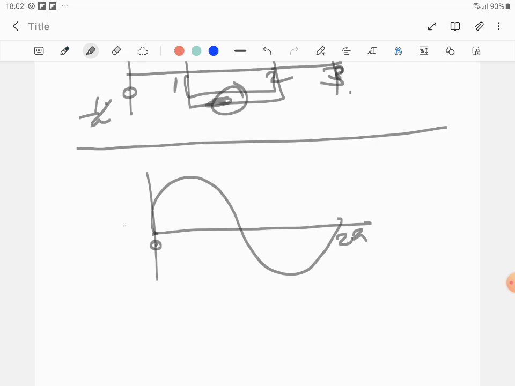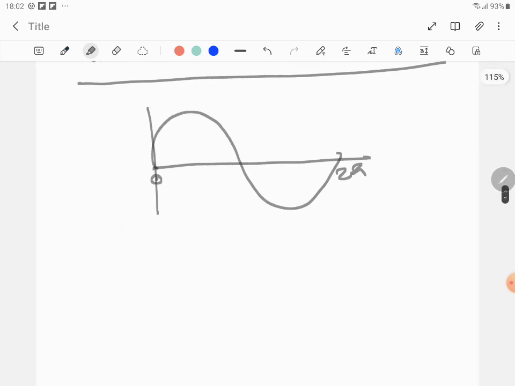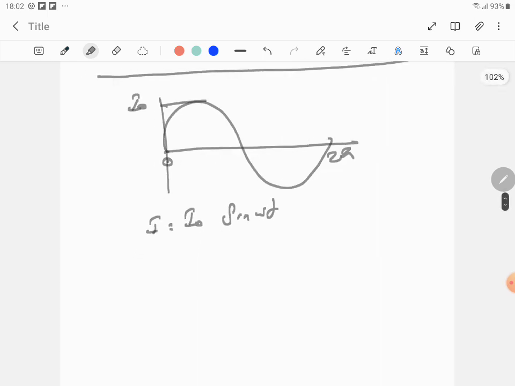You know that because this will be plus 1 amp, this is minus 1 amp. Okay, polarity is changing. How to prove that? There's a way to prove that. You know, this is I naught, right? And you know I is equal to I naught sine omega t. Now you want to find the charge. I is equal to dq by dt is equal to I naught sine omega t, which means the dt can go to the other side. So you got I naught sine omega t into dt.